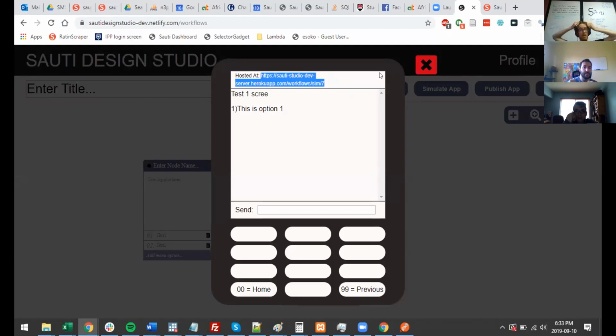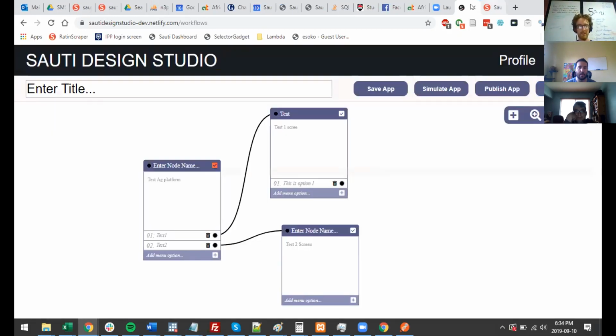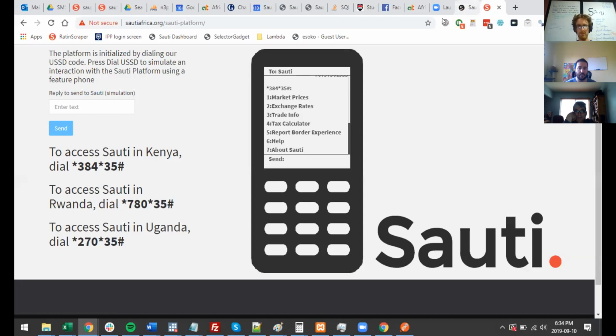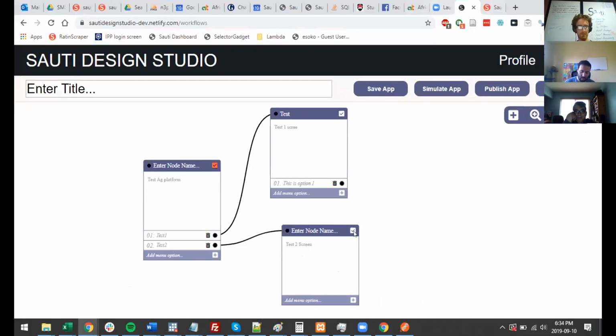Do you want to have the USSD URL up top there, or the simulator one? Because they're two different endpoints. I don't think anyone needs to see the simulator one. It's more like, give me the end user one, the one I need to make everything work. This one. All right, gotcha.